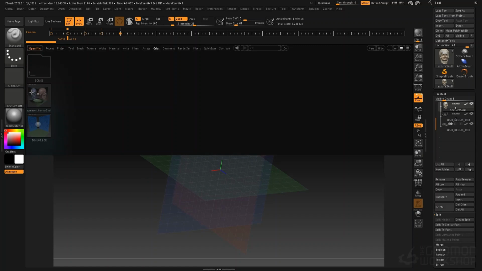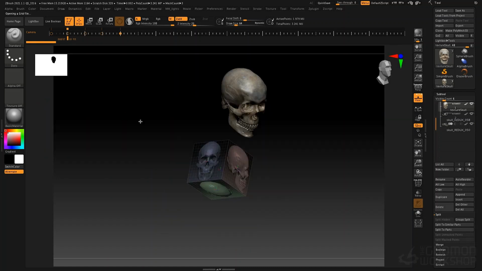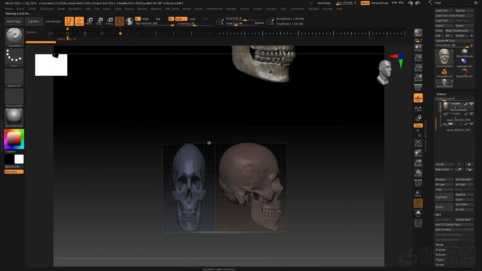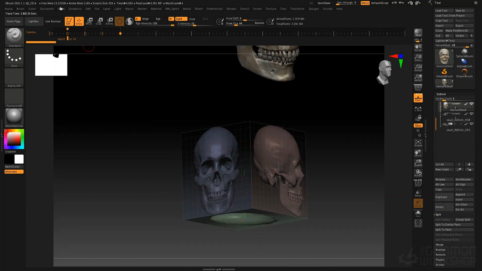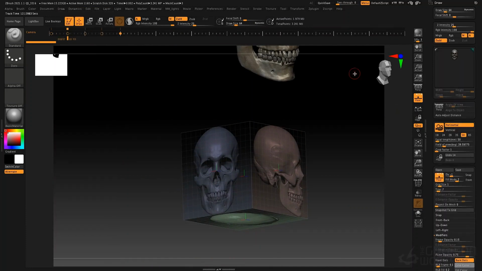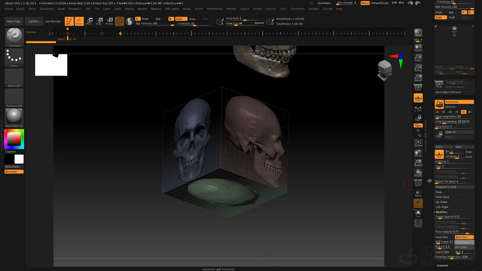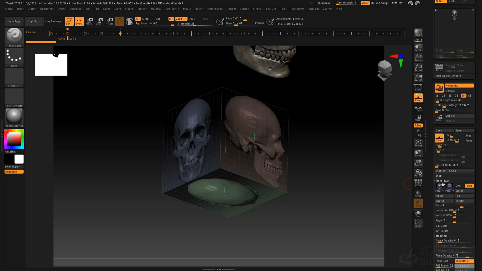This is my skull sculpture. It's called Spencer_human skull. If I double click that, it will load up that reference into the grids there. Now what it's done is, if we look at our floor plane here and go to Draw, let's tear off the Draw menu. If you look at elevation here, it's changed the elevation, offset these, and applied an image to them. If we scroll down here, we can look at front back, and there's the images for